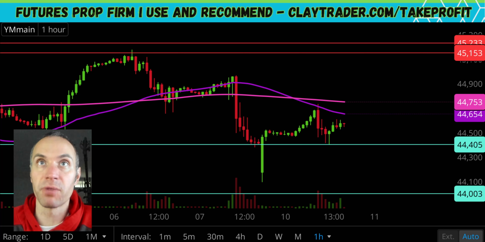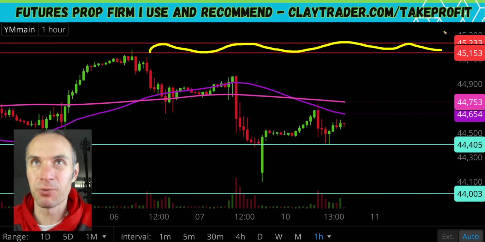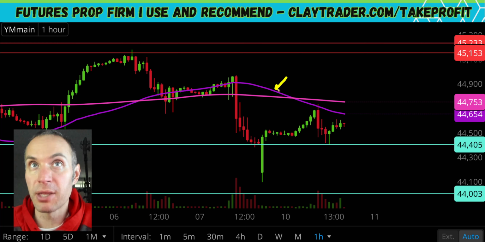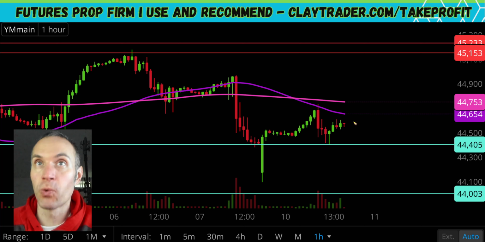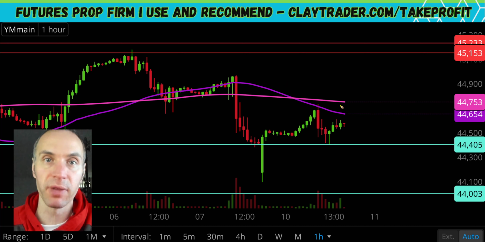In terms of areas of resistance, yes, you still do have this overarching resistance zone up here, but as of now, that's relatively irrelevant because the price isn't anywhere close to it. The level that I would say is very relevant right now is going to be that purple line right there, the 50-period moving average, mainly because we now have a track record right there of it being kind of a thorn in the side of the price movement. But even if the price were to break up to that purple line, that is a good thing from a bullish standpoint. I just wouldn't get overly excited about it